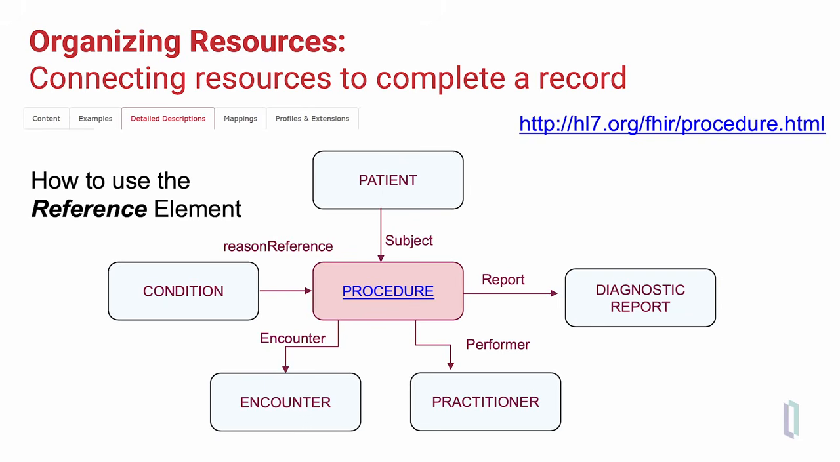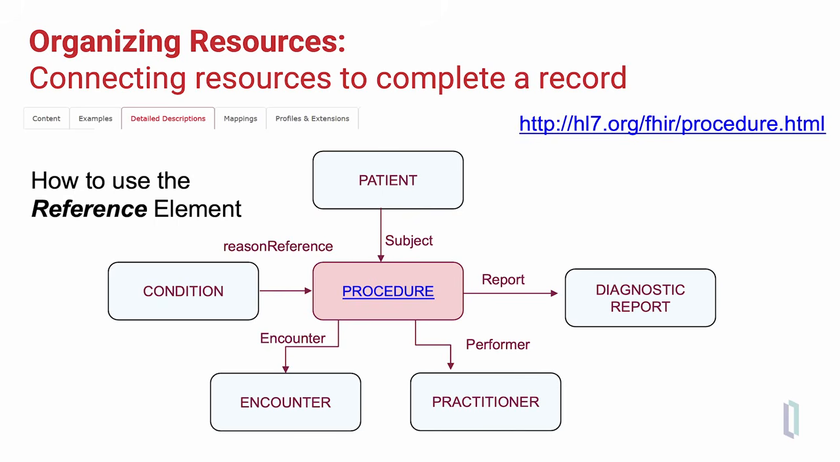First, the FHIR procedure resource would include the identity of the procedure, who performed it and when, and that procedure would reference the patient who's the subject of the procedure, the condition that's the reason for the procedure being performed, the encounter within which the procedure was performed, the practitioner who performed the procedure, and a diagnostic report that would occur as a result of the procedure, all of those being separate FHIR resources that are linked to the procedure